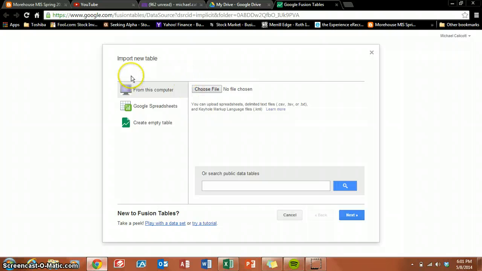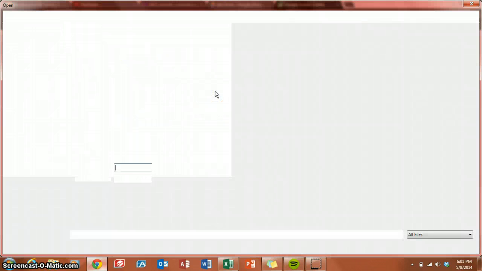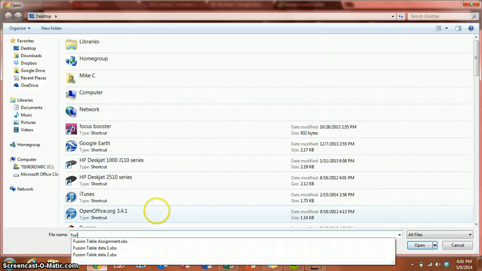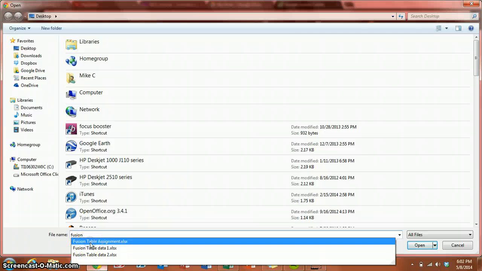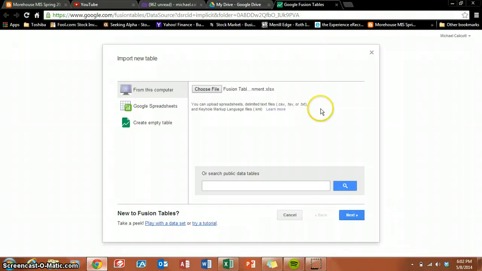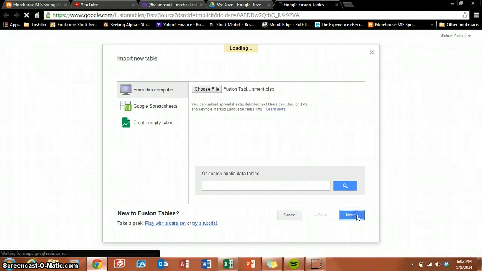Okay, and now it's going to tell you you can import a new table, and you can import it as a file from the computer, or you can search public tables. You can upload it from a Google spreadsheet, or you can create an empty table. So for this purpose, because I have the file saved, I'm going to choose a file, and I'm just simply going to go to desktop, and I can type in fusion table assignment. Here it is in my desktop, the file that we were just working with, and I just click next,